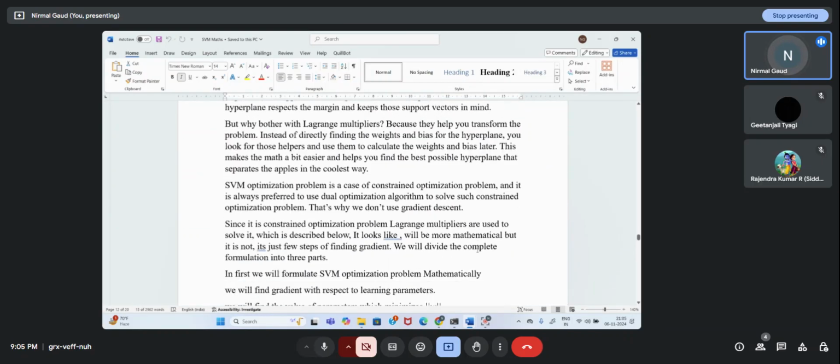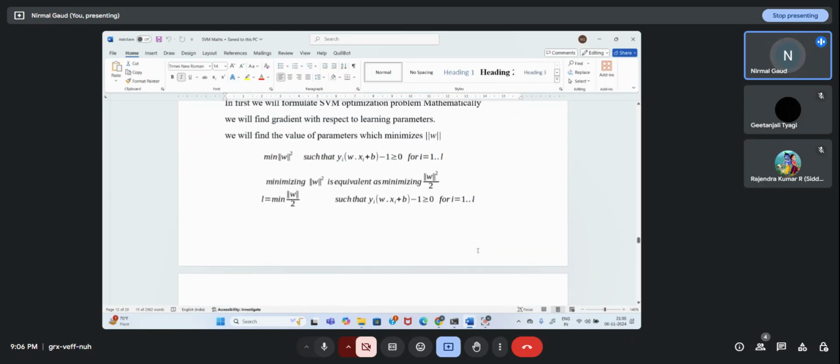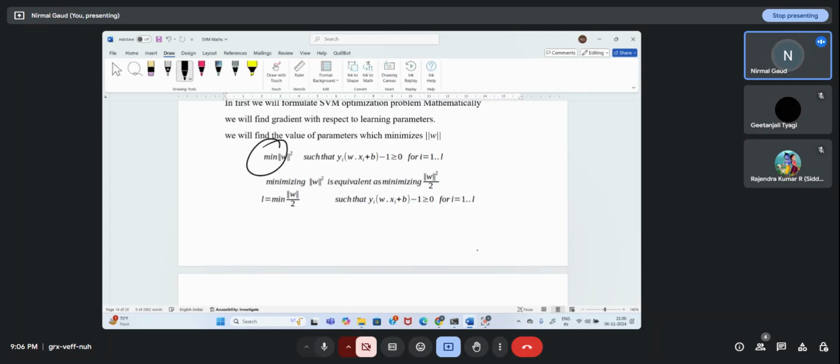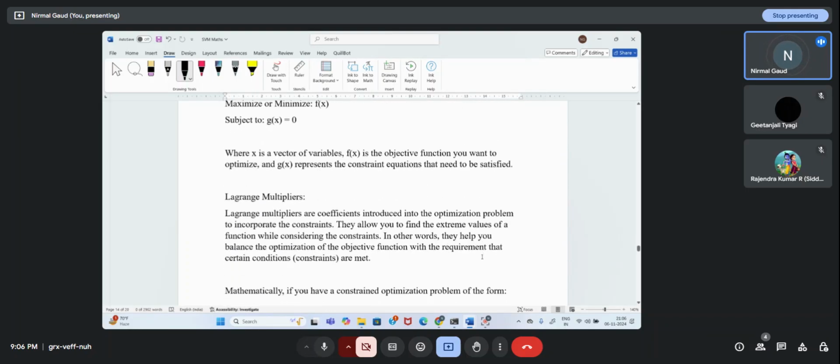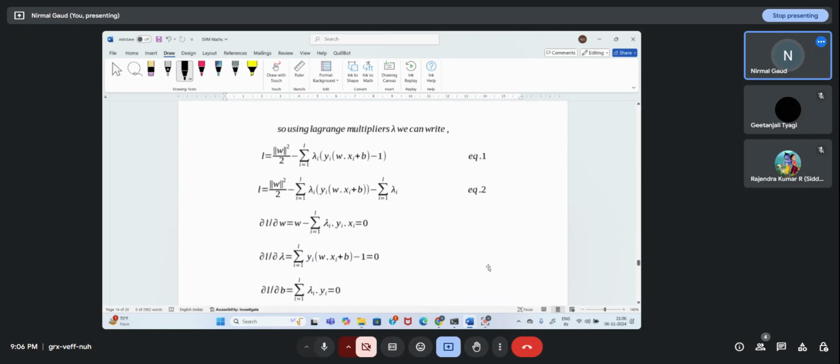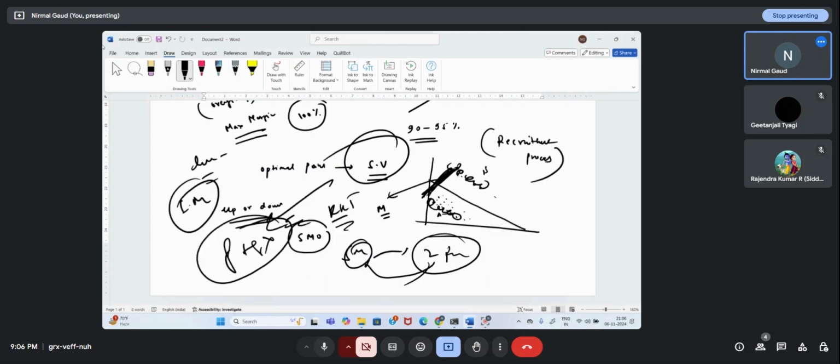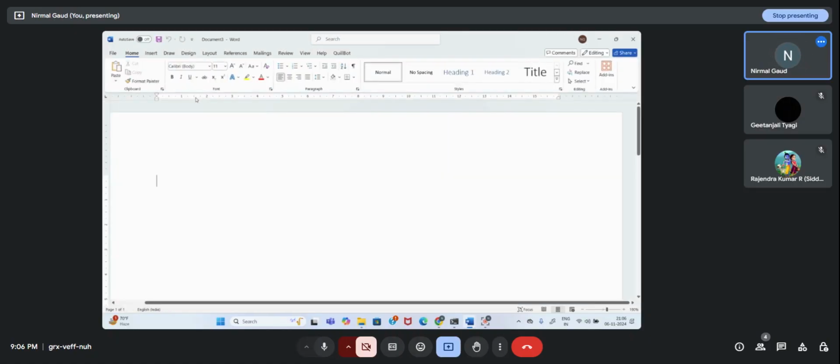So you are trying to solve this thing, or you can write it as w square by 2 under this optimization problem, where this is a constraint. So I'm having this as the objective function, and this is a constraint, and I need to perform the optimization. Okay, and let me write this in a format like Lagrange, L equal to